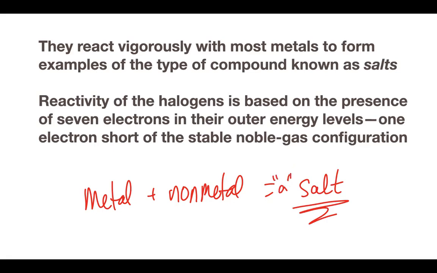What I mean by a salt is a group of compounds that are the result of a metal and a non-metal reacting. Now, unfortunately, as human beings, we've decided to name one particular salt, salt. So that provides a kind of a problem because NaCl is not the only